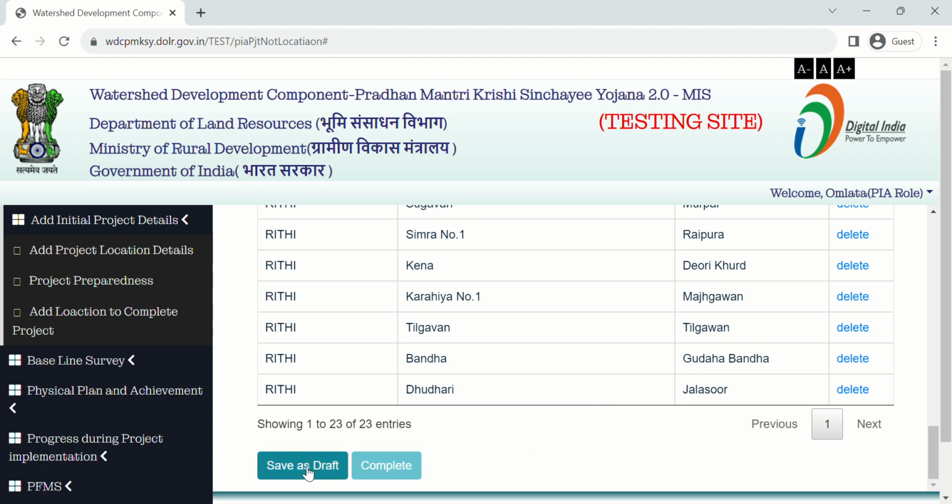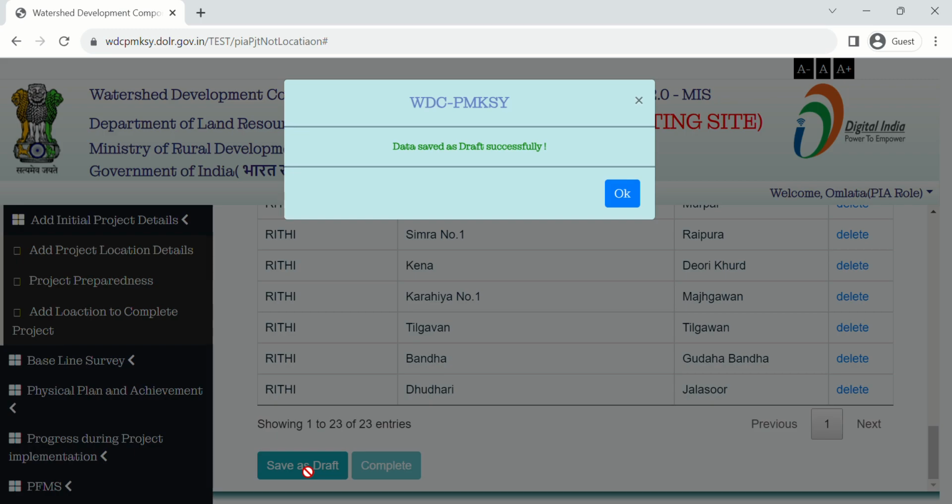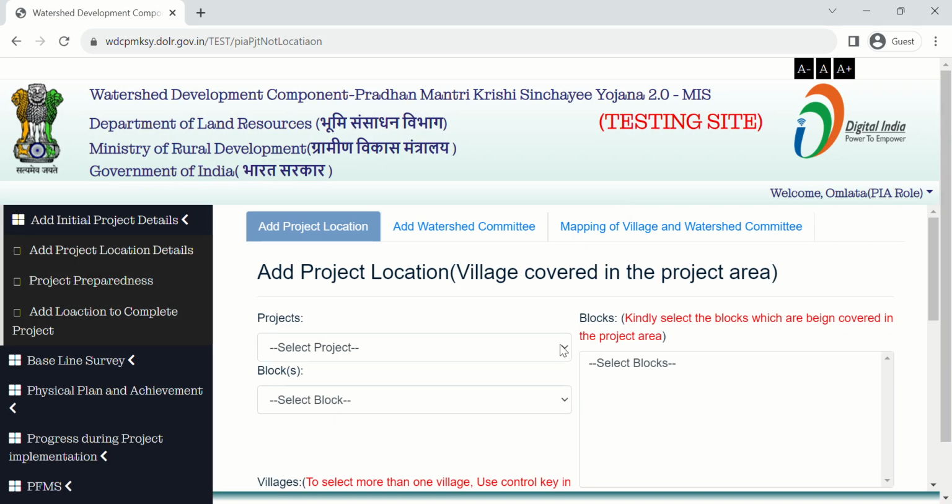Click on Save as Draft button. After clicking the Save as Draft button, you find a message data saved as draft successfully. Then click on OK. Now your data is saved in Save as Draft mode.